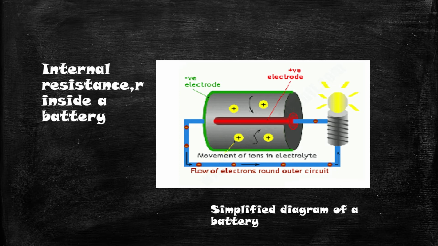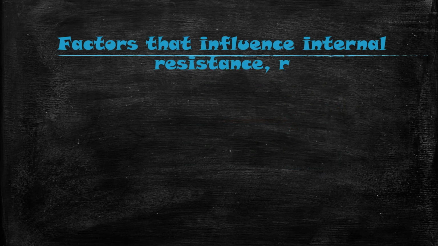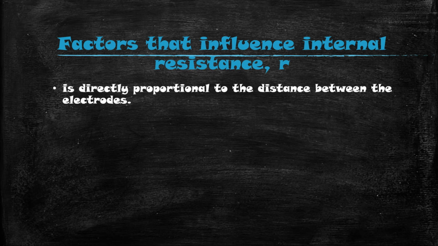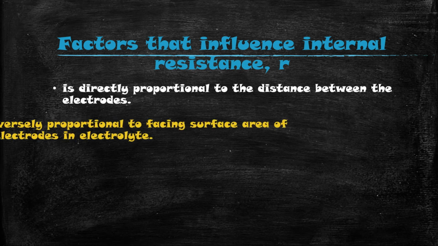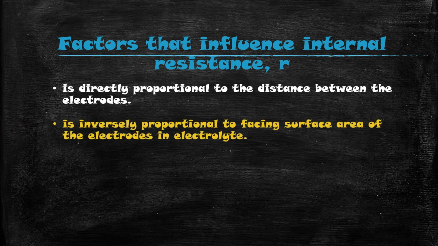All batteries have some internal resistance to some degree because elements like the electrodes and electrolyte are not 100% conductive. So what are the factors that influence internal resistance? Internal resistance r is directly proportional to the distance between the electrodes, and inversely proportional to the facing area of the electrodes